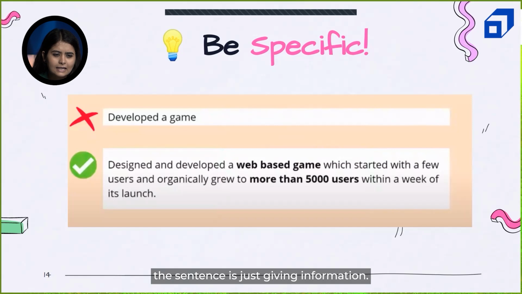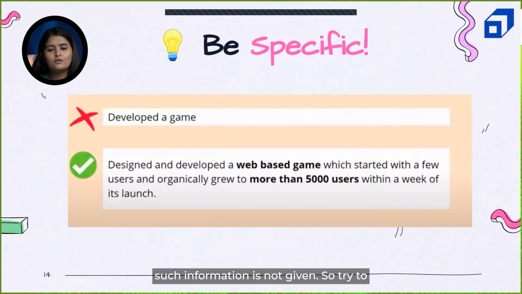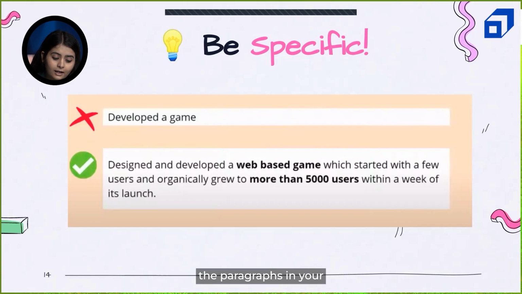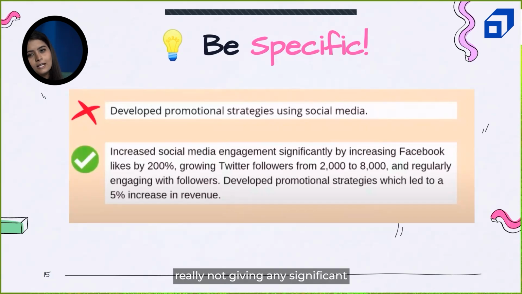Developed a game, the sentence is just giving information. It is not telling like, okay, you developed the game, then what's the impact, or any such information is not given. So try to make your sentences, your statements, the paragraphs in your resume this way as it's written in the second one. And here you see, this is another interesting example. Let's say you have developed some promotional strategies using social media. The first sentence is really not giving any significant information that okay, the candidate did this thing, what was the impact of it.